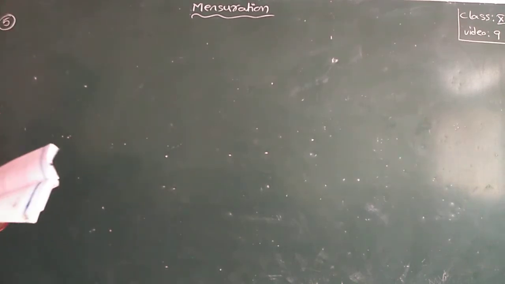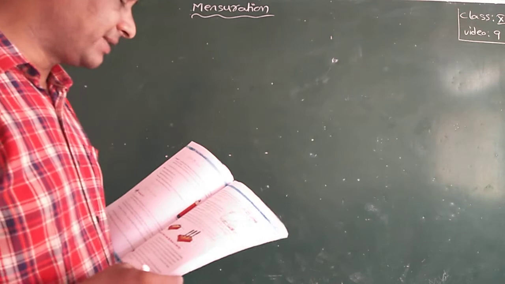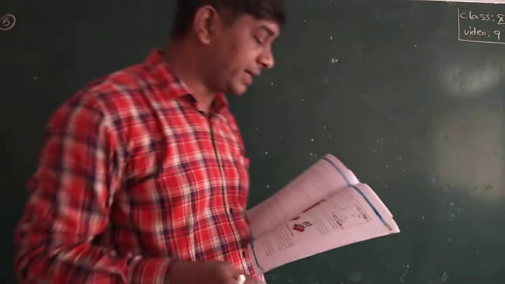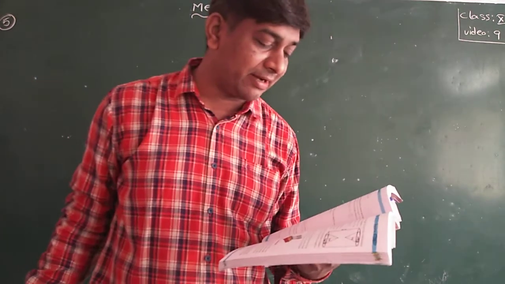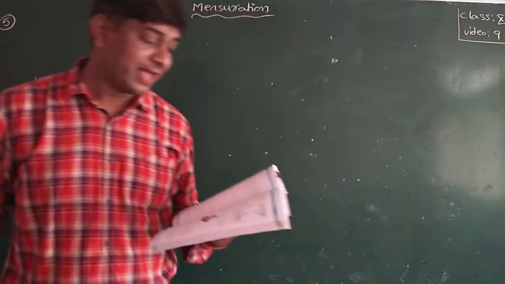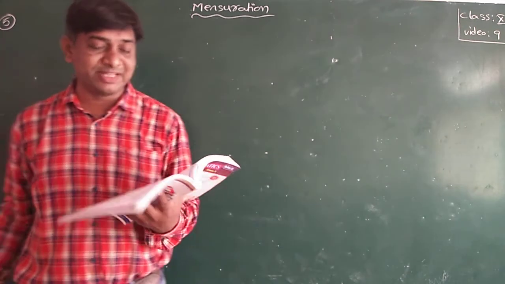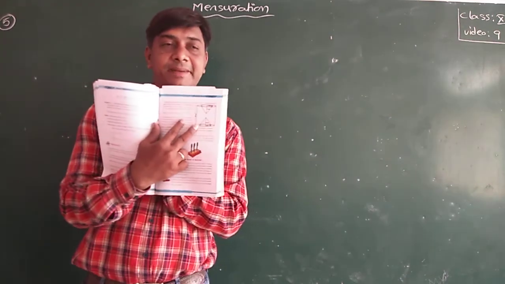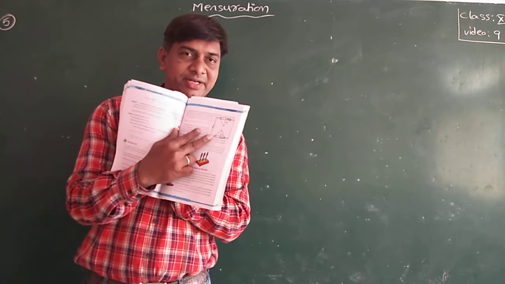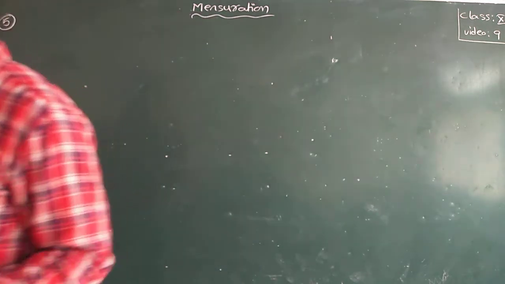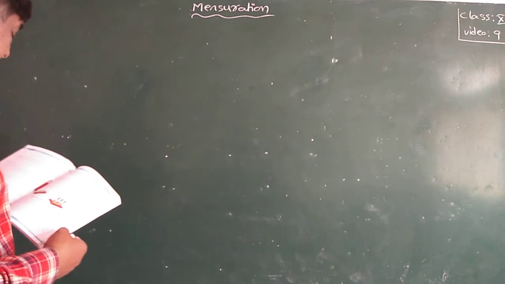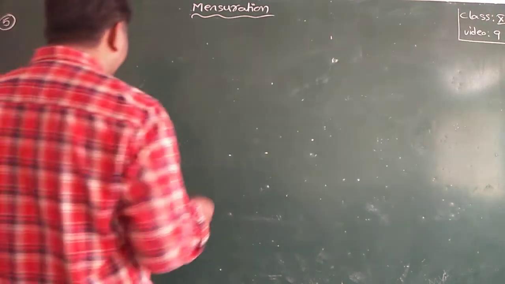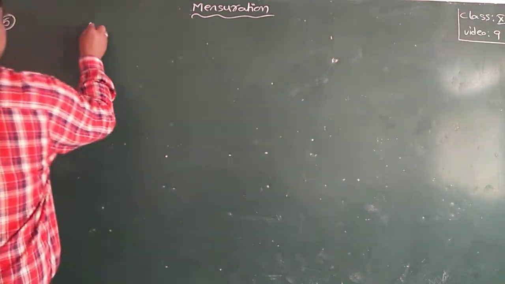In the adjacent figure, the height of a solid cylinder is 10 cm and diameter 7 cm. Two equal conical holes of radius 3 cm and height of 4 cm are cut off as shown in the figure. Find the volume of the remaining solid. This is the figure. Same figure you may find in your textbooks. Go through that. See, in the adjacent figure, a solid cylinder is there.